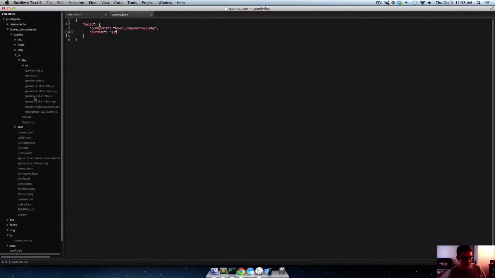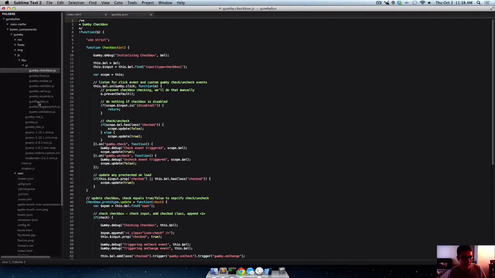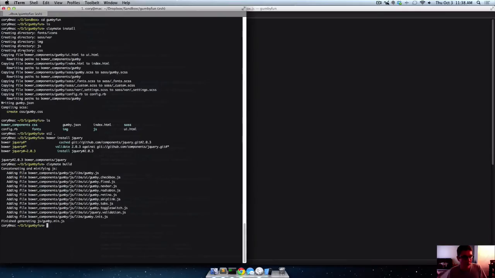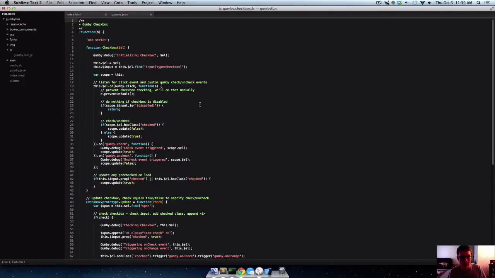I believe maybe all the UI components anyway. Yeah, because this is almost like vendor stuff, like jQuery, Modernizr. So in the UI, I'm thinking that it's just building all of the UI components in the libs folder. So let's say that we don't want to use navbar, or we don't want to use radio button, retina. We're not going to use skip link. We're not going to use tabs. We're not going to use validation. So the only ones that we're going to use,